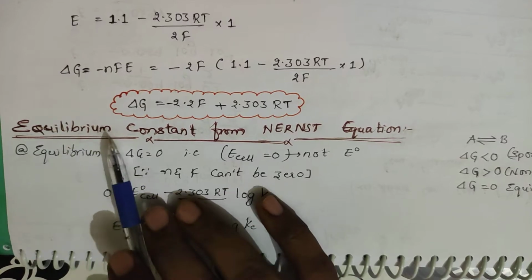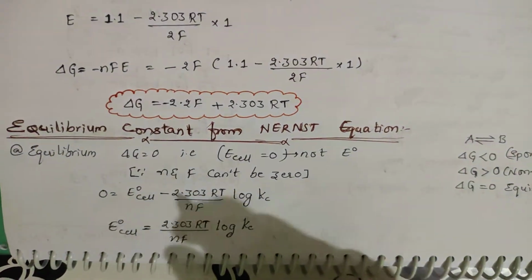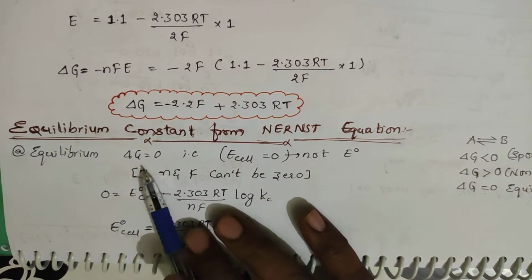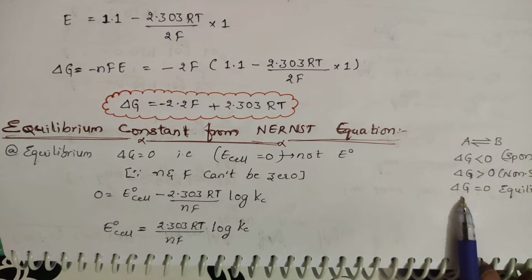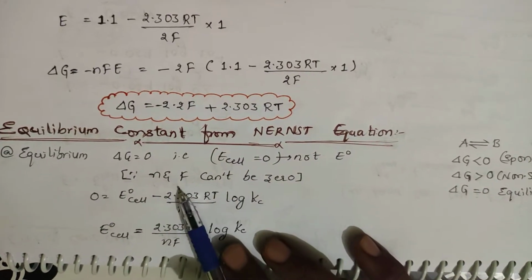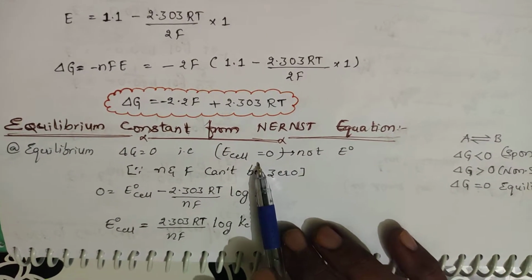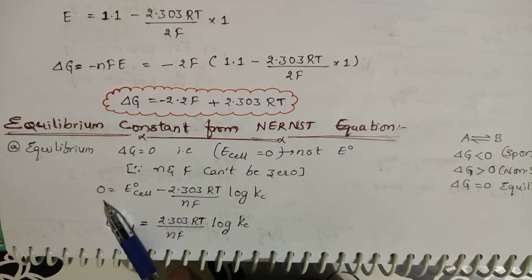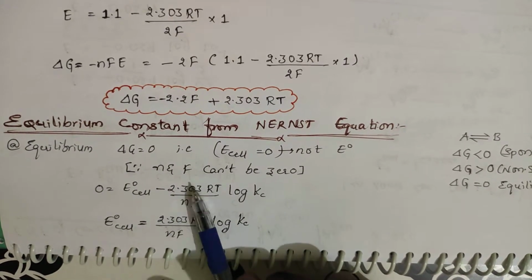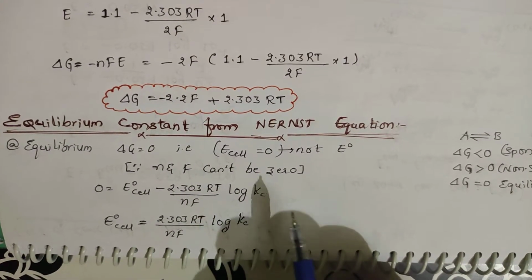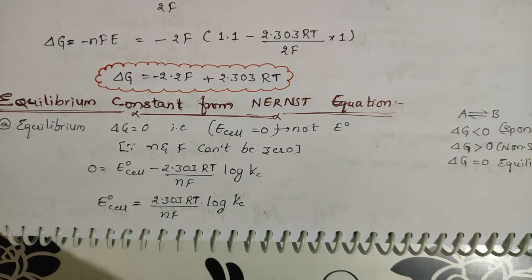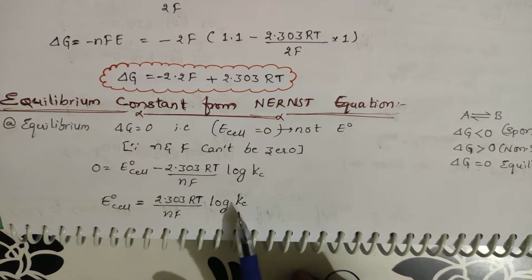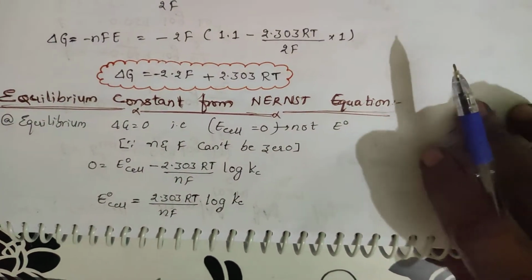See, we are calculating the equilibrium constant. Okay, at equilibrium, then the next equation. So at equilibrium, delta G will be equal to 0, because we know from this that at equilibrium it will be equal to 0. So what will we get? E cell will be equal to 0. We know that E is equal to 0, which will be equal to E naught of cell minus 2.303 RT by NF log K equilibrium with respect to concentrations. So E naught of the cell will be equal to 2.303 RT by NF log Kc, the equilibrium constant, right?